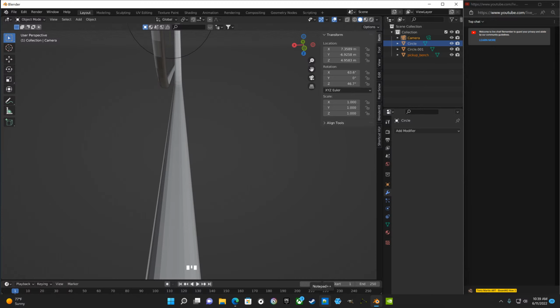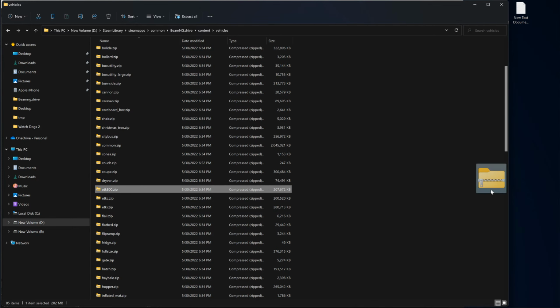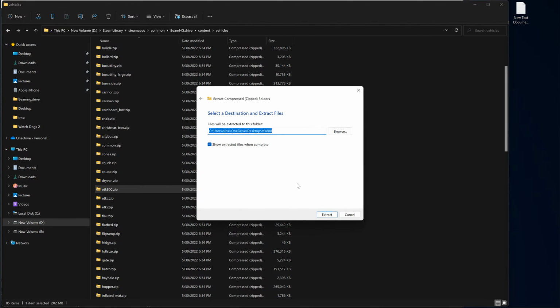Where your game is installed in the Steam library, your Steam apps, Common, BeamNG Drive, in Content, Vehicles, and pick you a car. Just extract it onto the desktop. I like the pickup truck personally. So you can pick anything you want, extract it, and